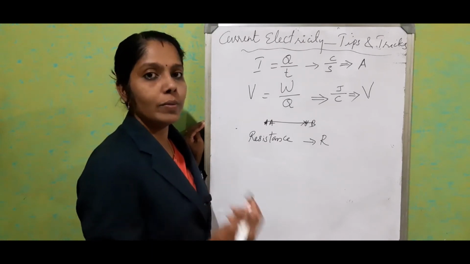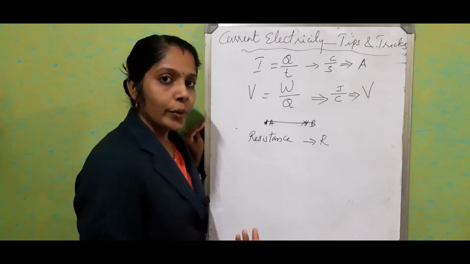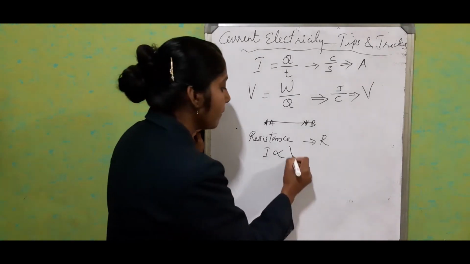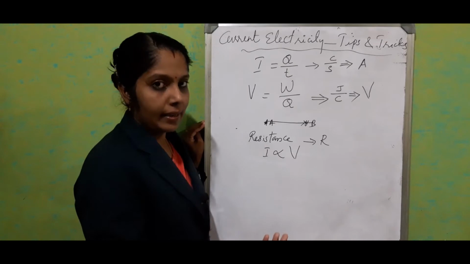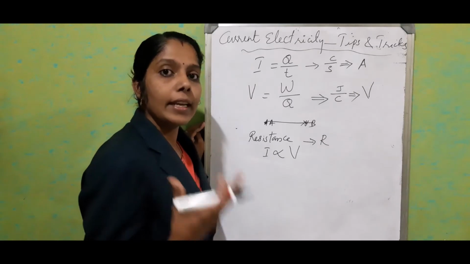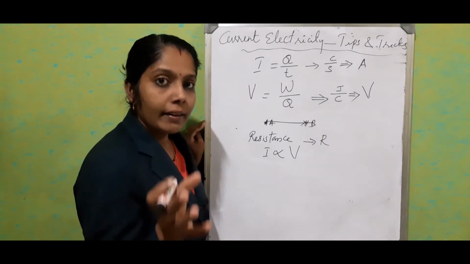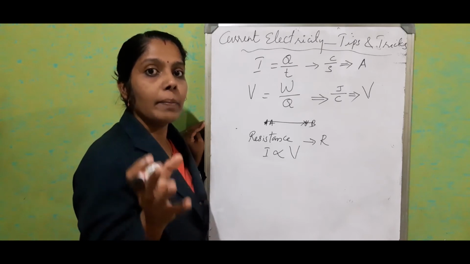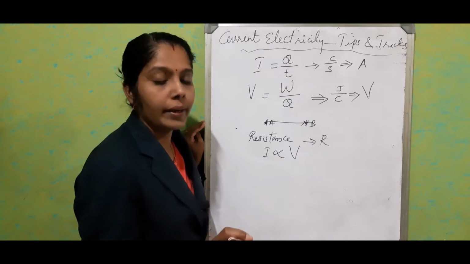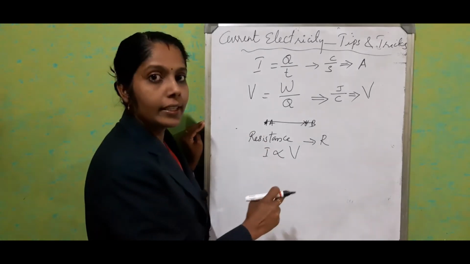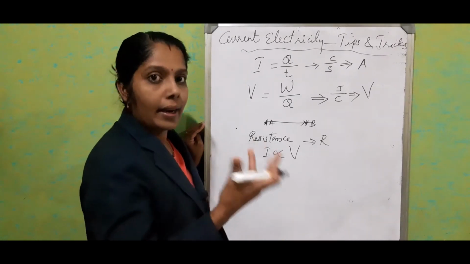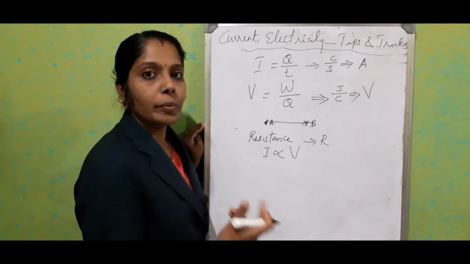What is Ohm's law? How can Ohm's law be stated? According to Ohm's law, the current flowing through a conductor is directly proportional to the potential difference applied across its ends when the physical condition and the temperature are constant. So whenever you are stating Ohm's law, make sure that condition, that physical condition and temperature, should be mentioned very particularly. Otherwise, your law will not be correct. Okay, so the current flowing through a conductor is directly proportional to the potential difference across its ends, and at a particular condition, that physical condition and the temperature should be constant.